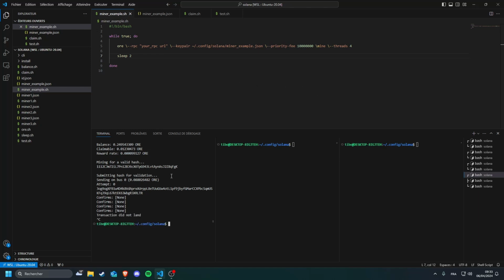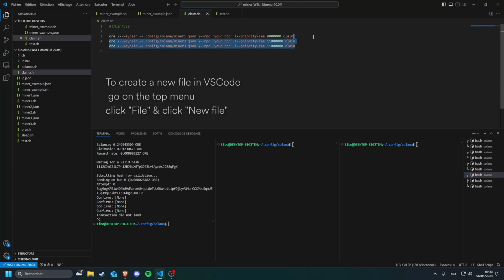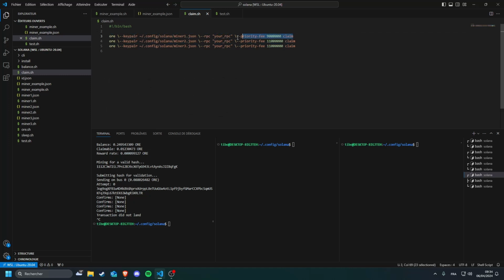In the last video and on my Twitter, I got so many questions about claiming ORE. You can do that by writing a little bash script with all of the wallets that you're mining with. If you have multiple wallets, but you can do that with only one wallet. You just need to write this little command. It can happen that miner one doesn't claim the ORE, but the other two have already claimed.